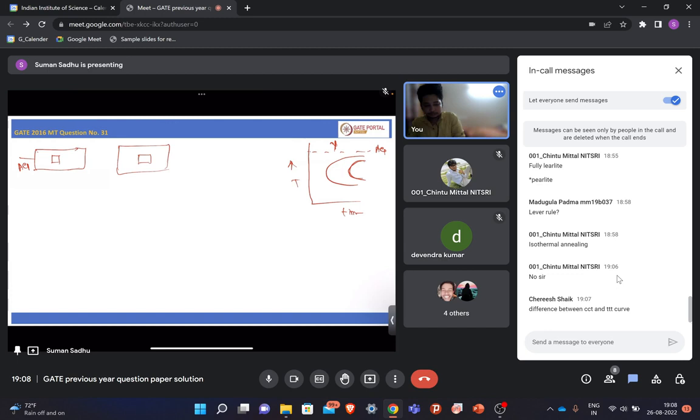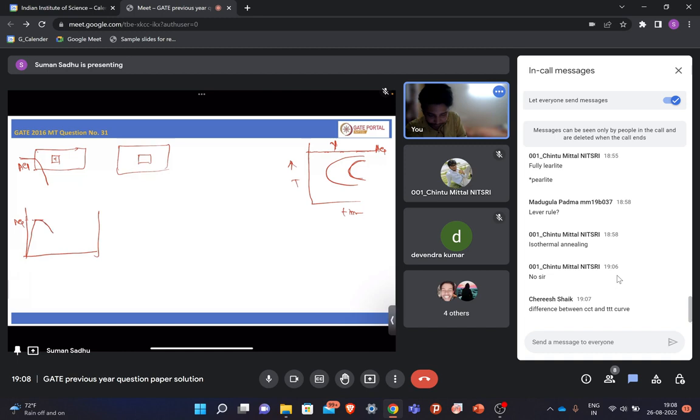Now for CCT, let's say you are initially above the AC1 temperature, so your sample will have austenite only, right? Now to generate the CCT curve, you have to cool it continuously up to a certain time. Let's say I am drawing the temperature heating cycle. Initially you move to the AC1 temperature, this is the AC1 temperature, then you will continuously cool